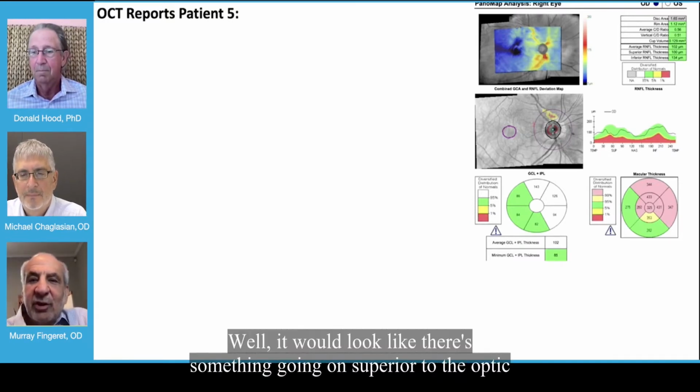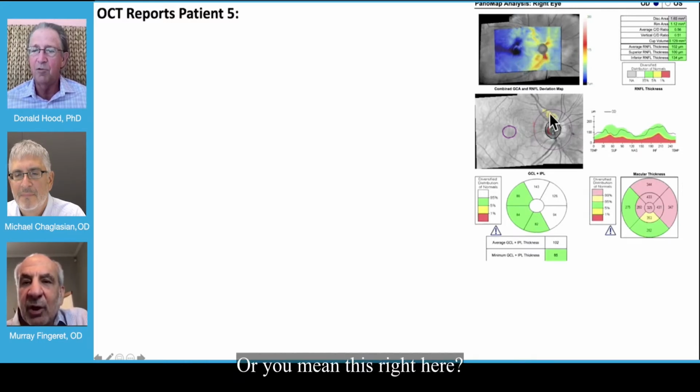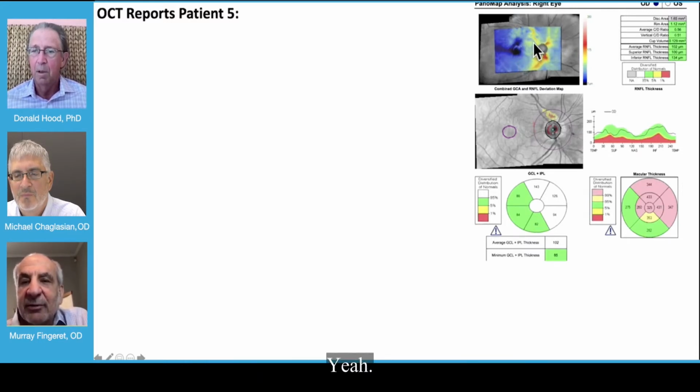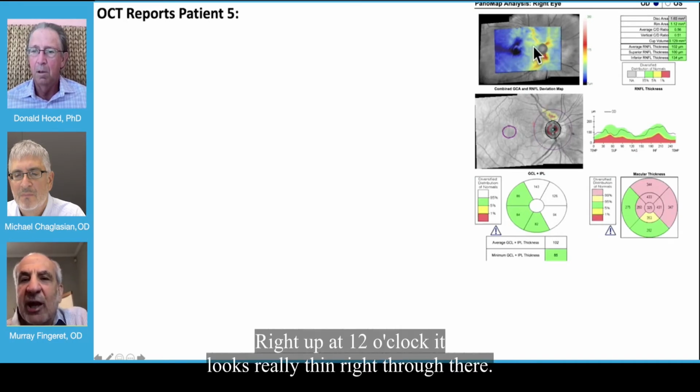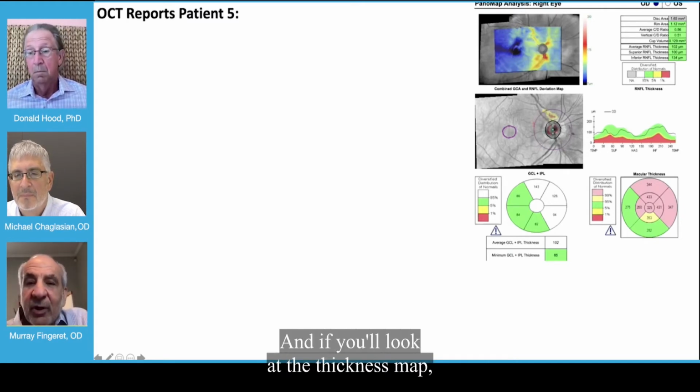Well, it would look like there's something going on superior to the optic disc. There's an area right above it, it's just shallow. Oh, you mean this right here? Right there and right there, yeah. And right up at 12 o'clock, it looks really thin, right through there. But there's not much here, though. No, not much there. And then if you look at the thickness map,